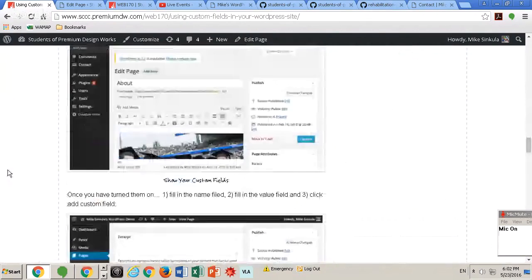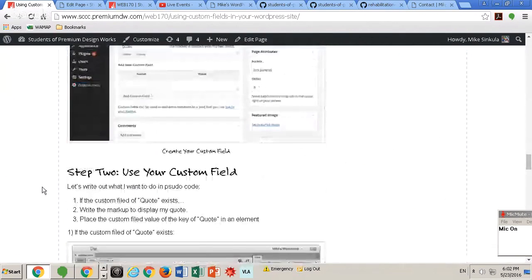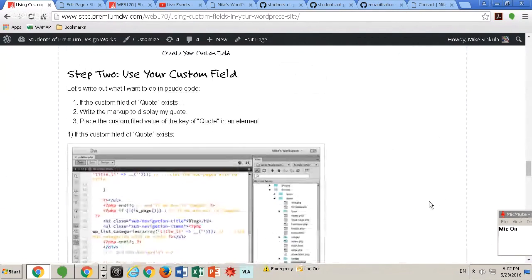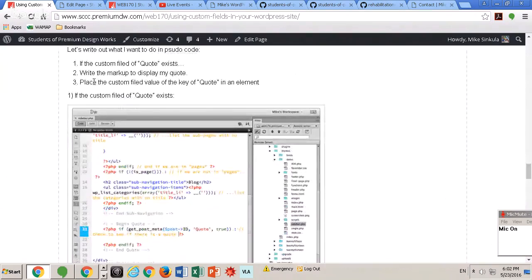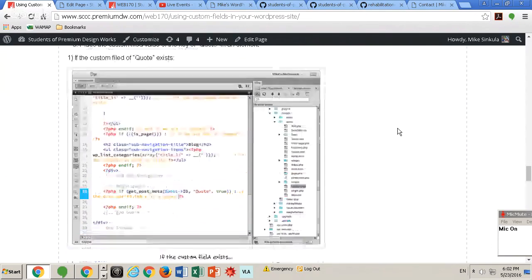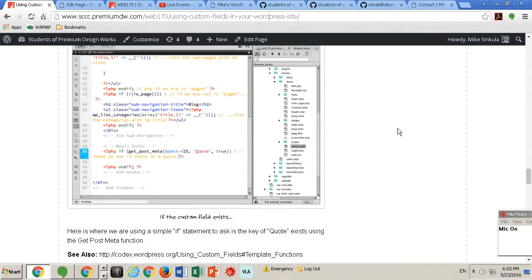So we have created our custom field. We need to use our custom field. And in this case, if you were in Web 200 earlier today, we talked about pseudocode. So if we were writing this out in pseudocode, we would basically want to see if the custom field of quote exists, write the markup to display my quote, place the custom field value of the key of quote in an element, right? So that's where then I could say if